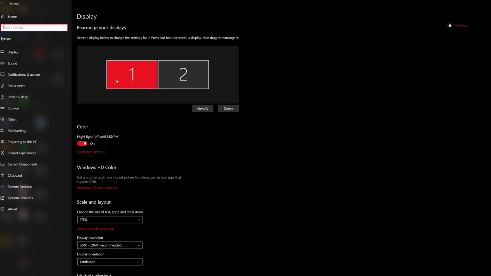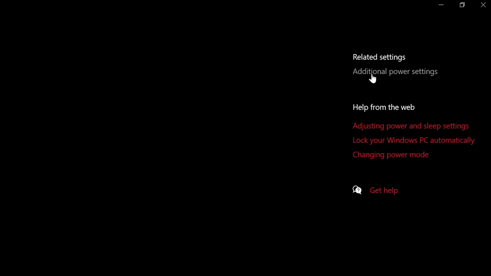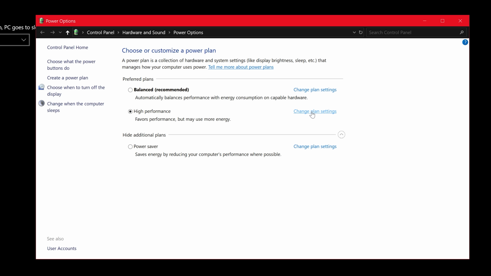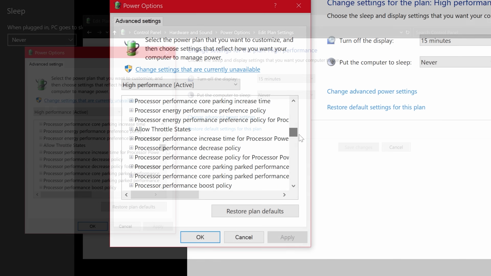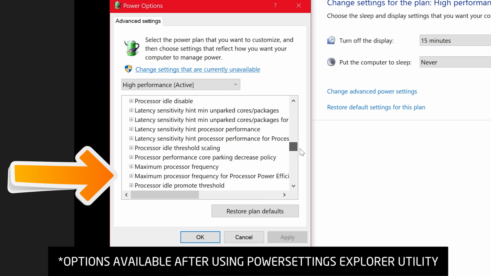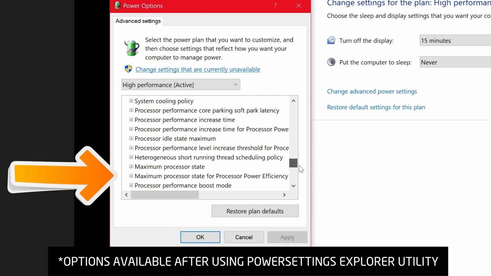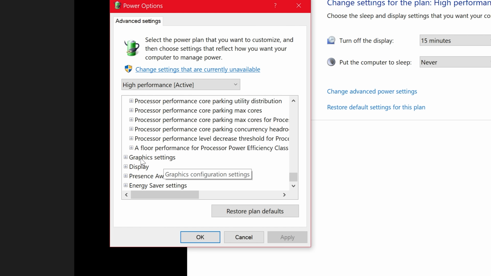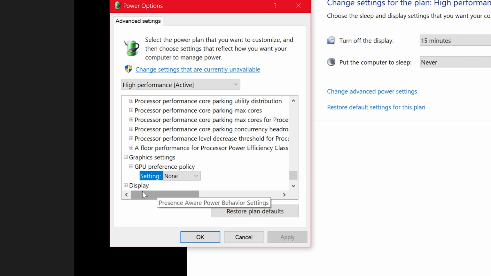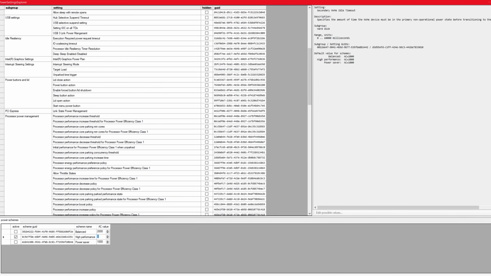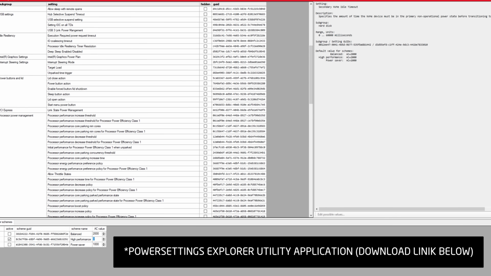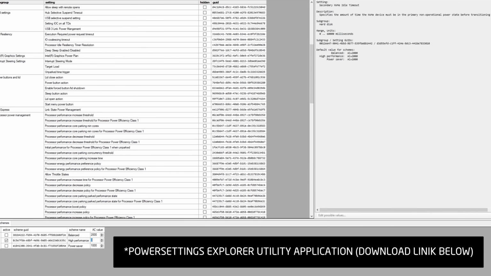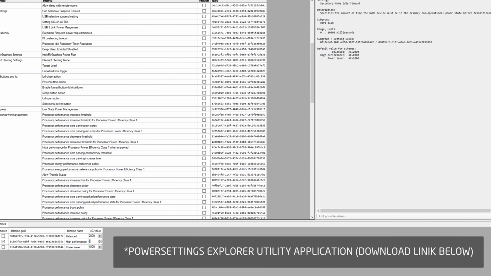Windows 10 has some very interesting hidden settings that don't usually show. In fact, there are so many hidden options in the power options menu that they outnumber the ones you can actually see by over 5 to 1. However, in today's video, we're going to show you not just how you can unlock these hidden features, but also which of these settings you should change, in my opinion, to get the snappiest, lowest latency